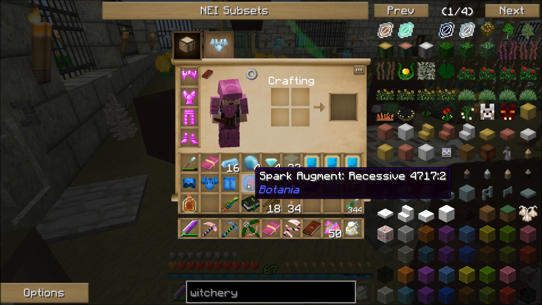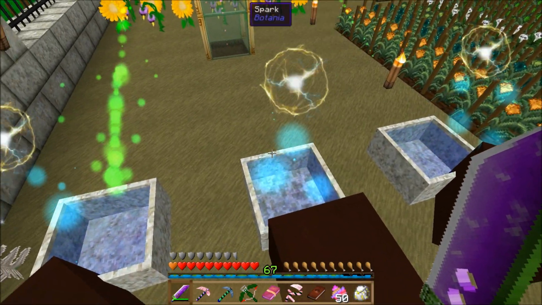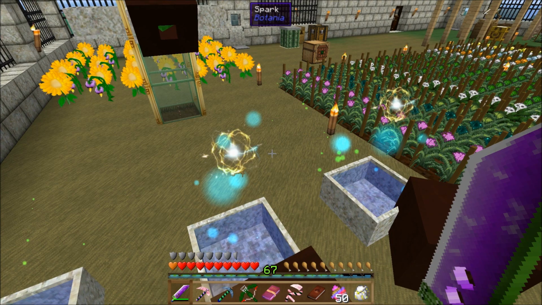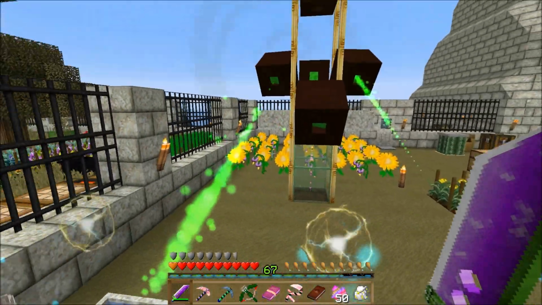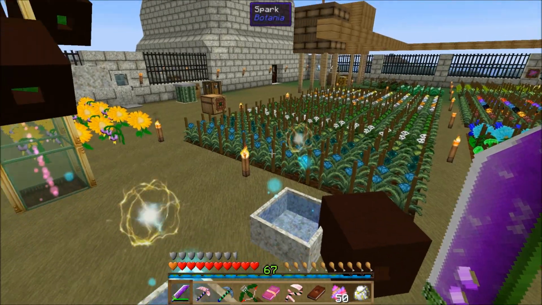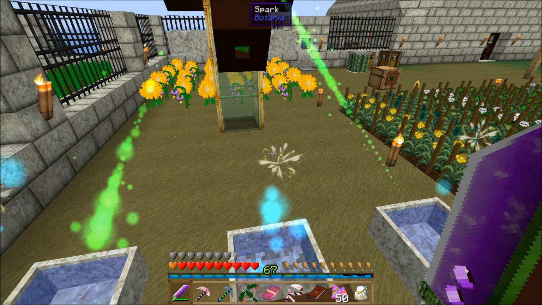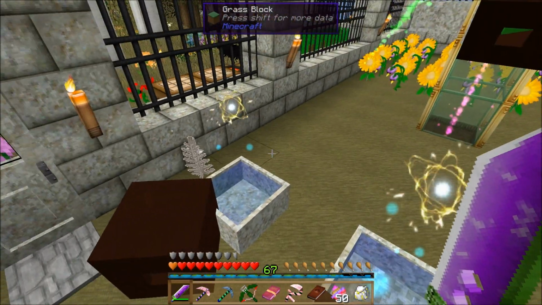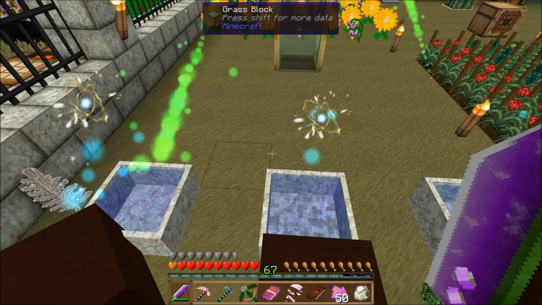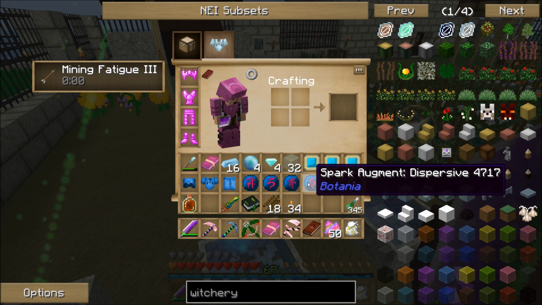So recessive will cause the mana pool underneath it to try to distribute to the other mana pools around. Dominant will cause the mana pool to try to pull all the mana out of all the other mana pools around that also have a spark, I think. I think they also have to have a spark on top of them. The isolated one will cause the spark on top to basically ignore the dominant and recessive sparks around it that are nearby. And the dispersive one will